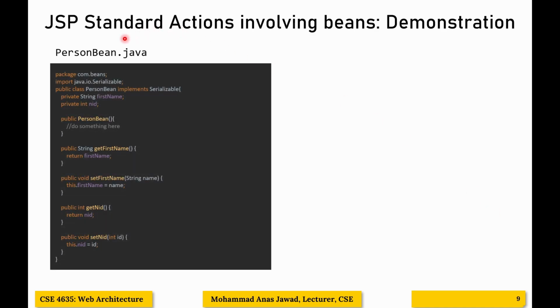All right, so we have a PersonBean class here, which is the JavaBean that we will be working with. As you can see, this PersonBean is located under the package com.beans in our case. Next, we have 2 private variables, String firstName and int NID. And we have our no-argument public constructor here, as well as the getter and setter methods for these 2